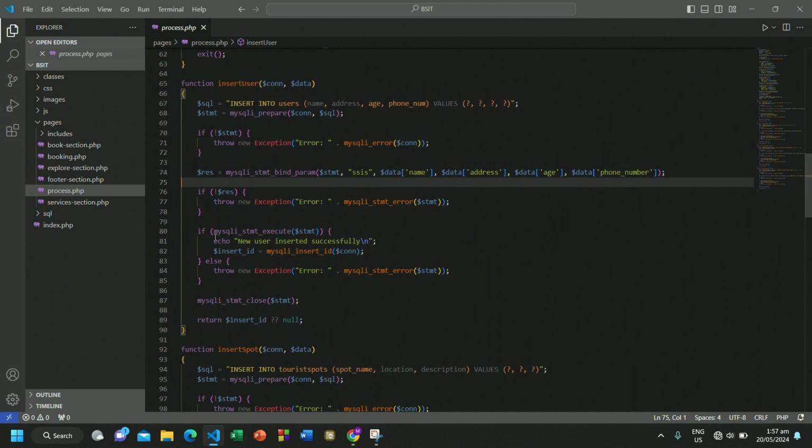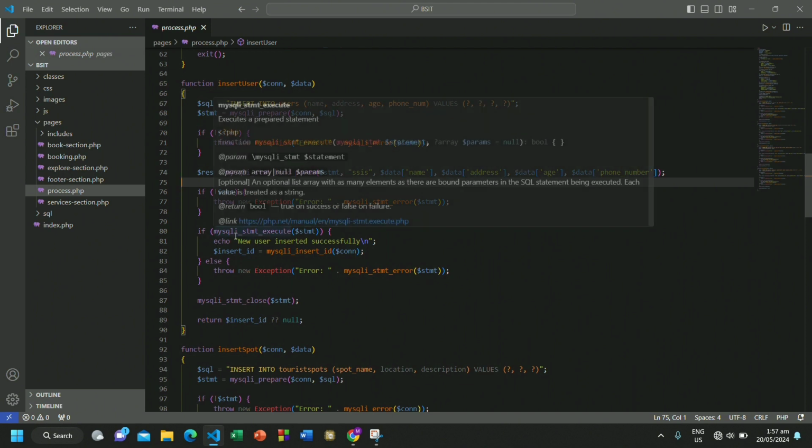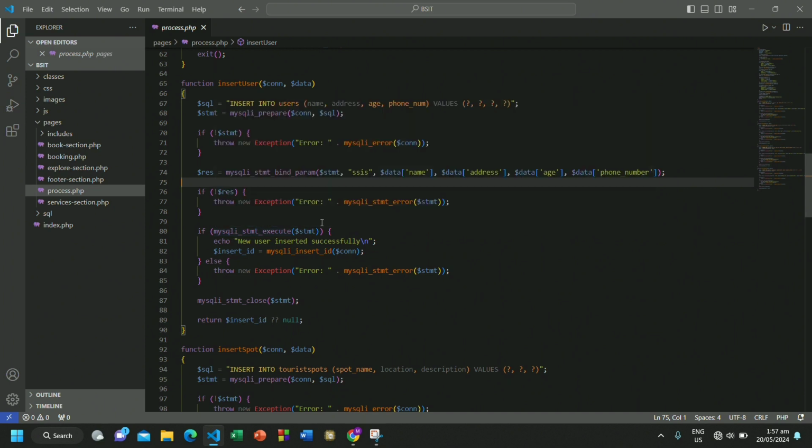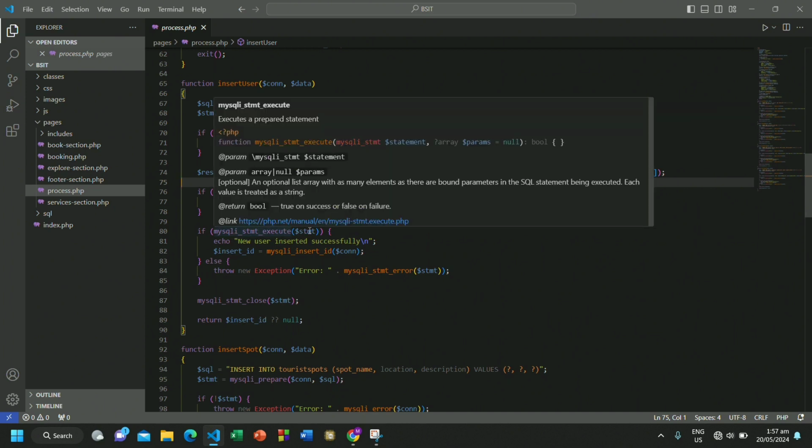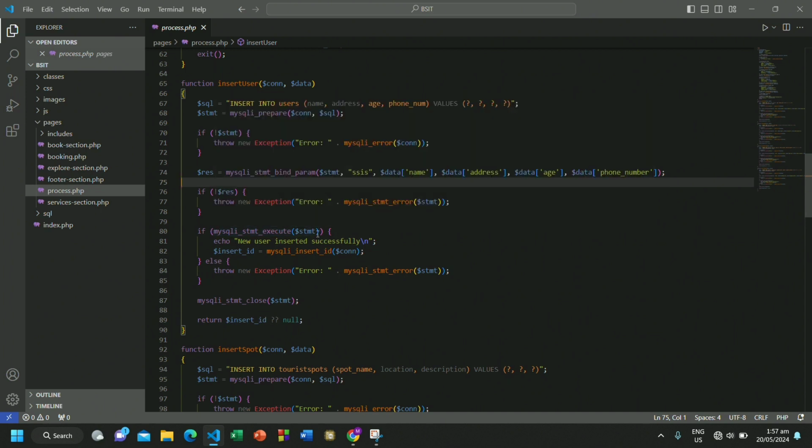Yes, we also have one here for MySQLi stmt execute. If this fails to execute, we check here if this got executed or not.